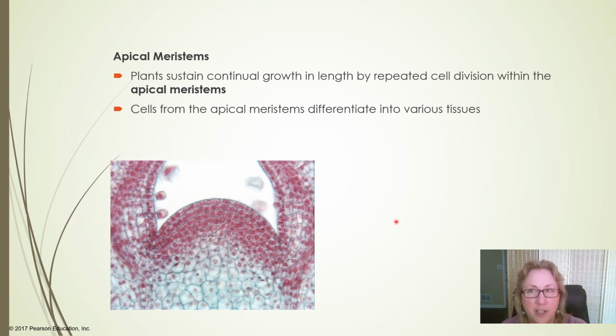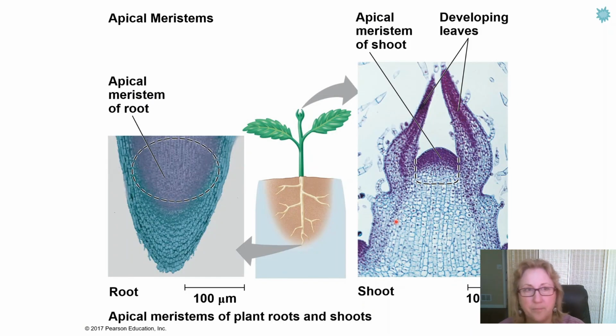Another derived character of plants is apical meristems. Plants can continuously grow in one direction using apical meristems. Green algae just grow in every direction. All the cells divide and grow. But in plants, the root tips and the shoot tips are where you find most of the mitoses. And this is a derived character in plants.